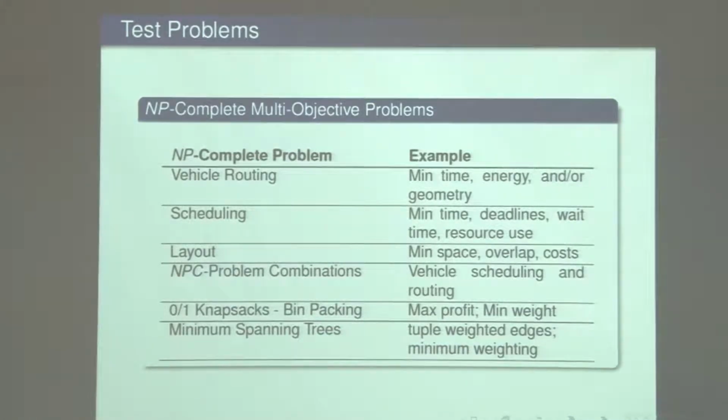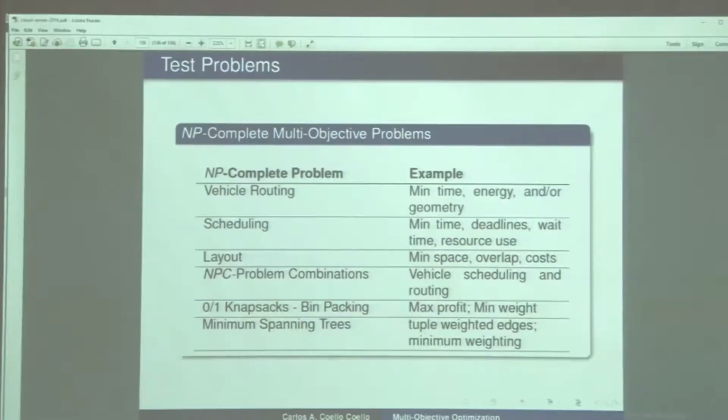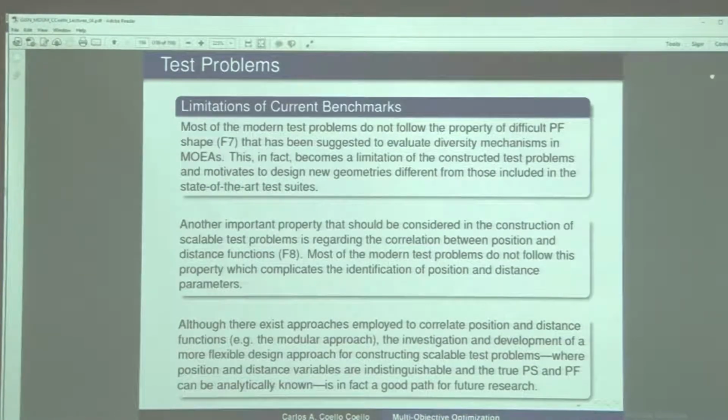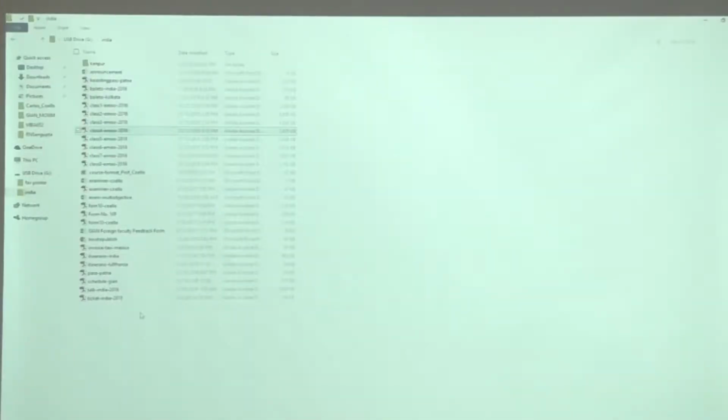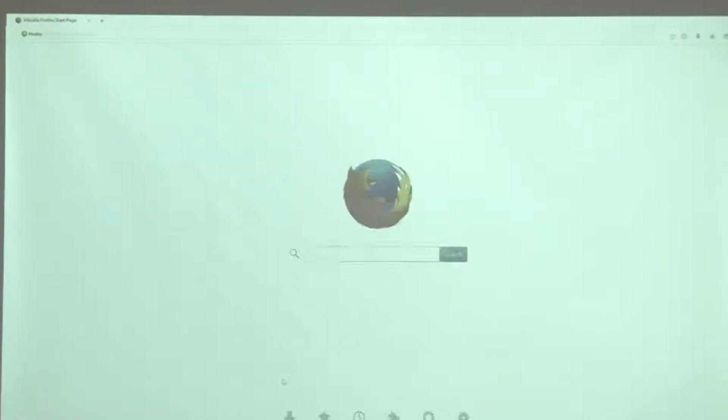All this has been solved using multi-objective evolutionary algorithms. I'm not talking about these problems in particular because, first, I don't work in that area, and second, we don't have enough time to cover that. But those problems, of course, exist, and there are people who have worked on that. So in case you are interested in knowing more about those problems,